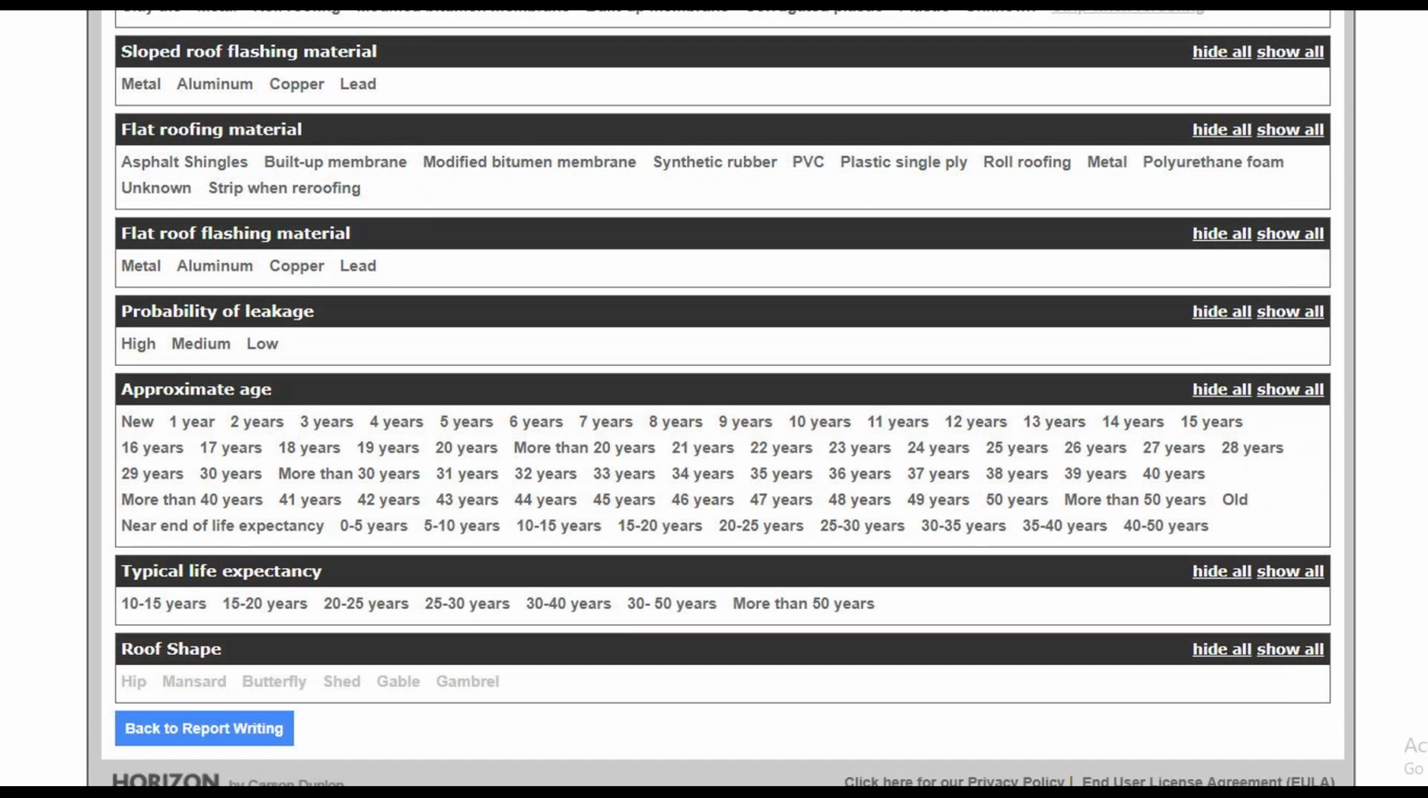Here, I'm at my roofing description, and I don't want to hide an entire category. And instead, with approximate age, I'm not really comfortable with adding a specific value like 1 or 10. So instead, I would prefer to use a range like 0 to 5 or 5 to 10. But I have all of these selections here, and I want to make it a little bit more